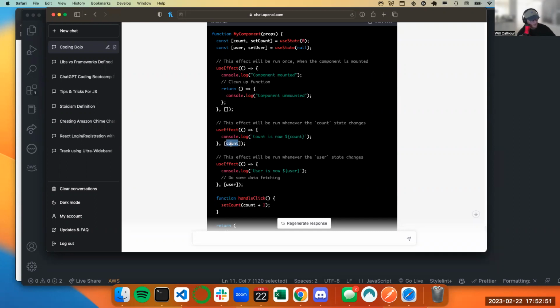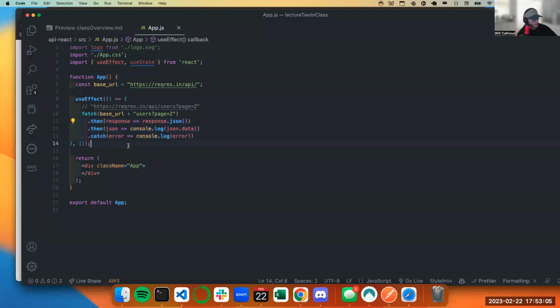Anytime that amount changes, I want to show that new amount on my screen. Yes, you could throw in that state. I would say right now, just get used to putting the array brackets, that's perfect. Just keep that there and make sure you add that in. Any other questions?